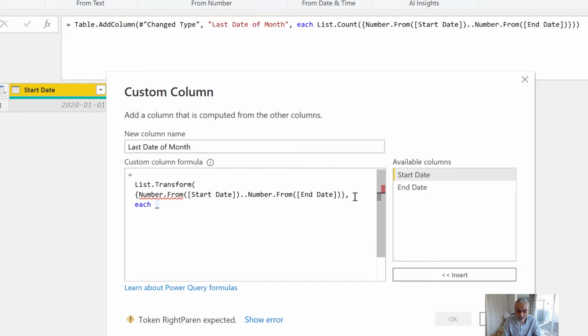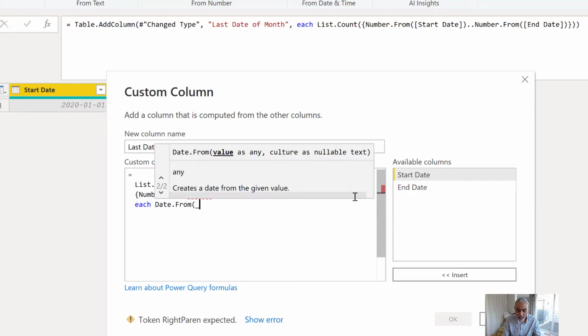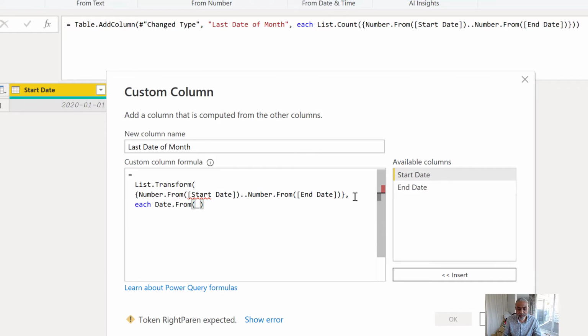So there is a function which is Date.From. What this means is, this underscore is giving us each item in the list. So let's say it's 731 days, so we're iterating over 731 days, taking each value and converting it into a date, and then